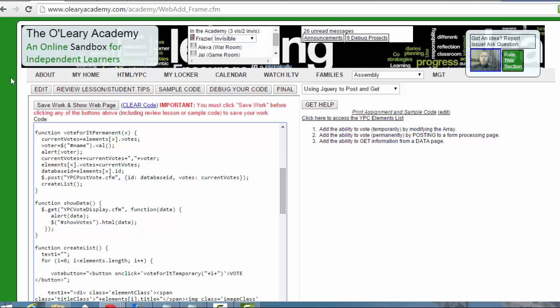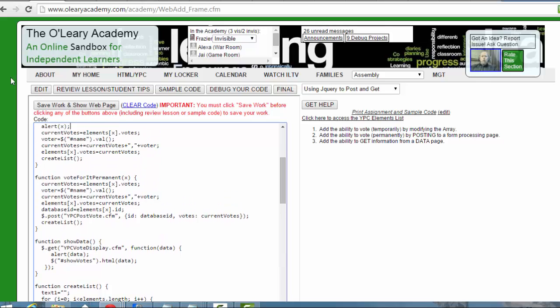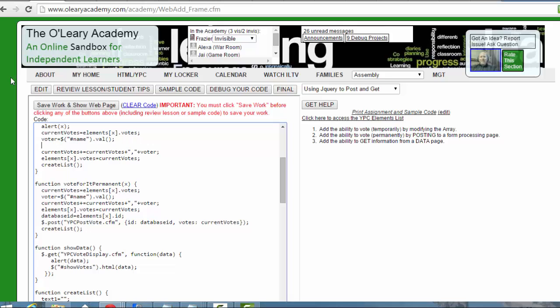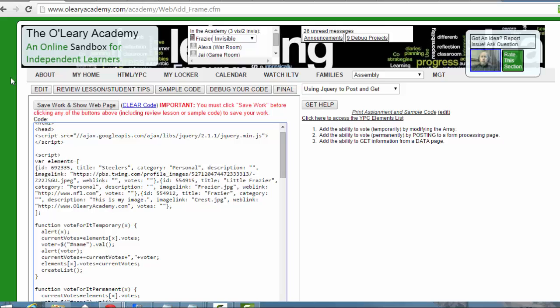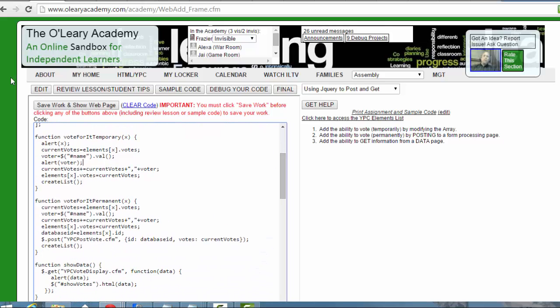So now what I'm going to do is, oops, that's on the wrong one. That's on permanent. So alert voter. And what I'm doing is I'm taking the voter's name and I'm adding it to that field in the votes, in the array, the votes, so it's keeping track of every person's name that voted for this